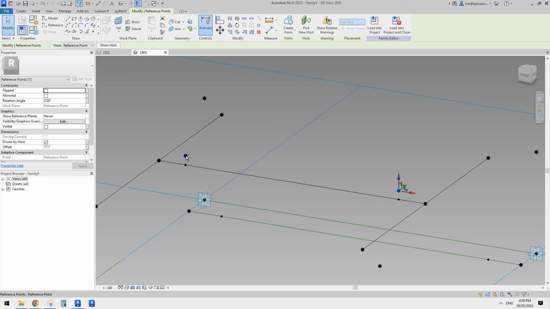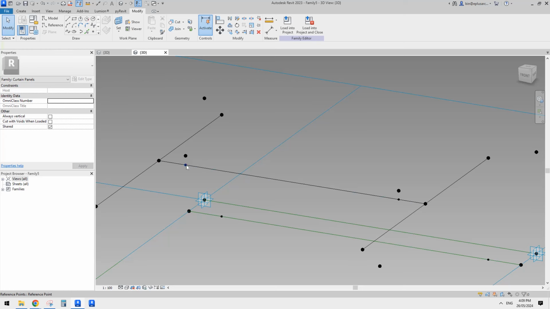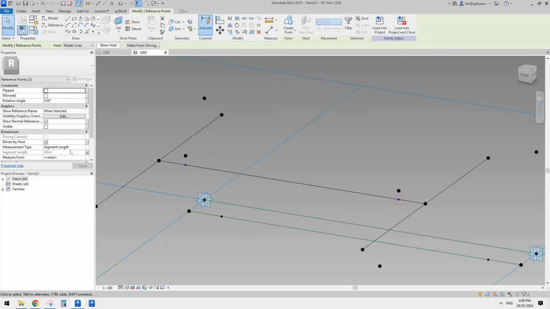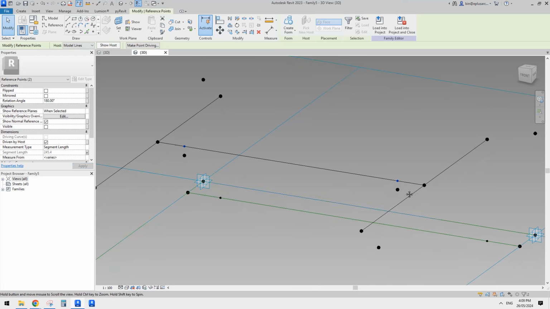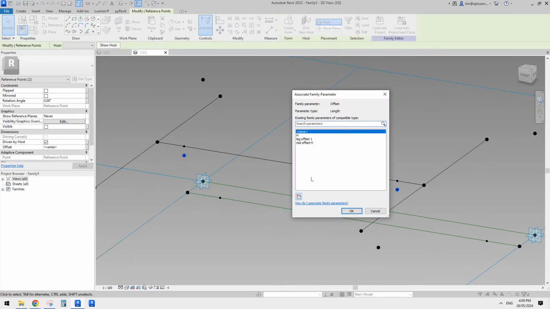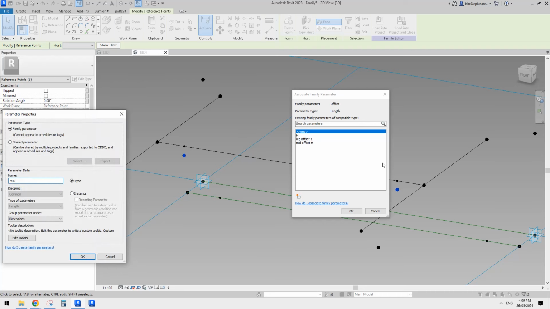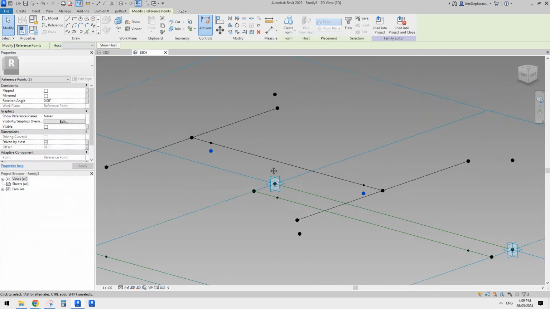Okay, select both points, but we probably want this one to be a positive number. So we can just select these two and just rotate them by 180 degrees. So those two points will go down with the positive offset. So now we just need to create another parameter. So let's call it mid. This time mid offset vertical. Okay, so vertical. So now we have all the